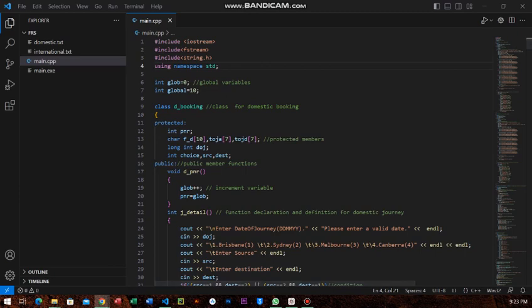Okay, so now we have here class booking as D booking. This is the class for domestic bookings, because our bookings are going to be if you want to book a domestic flight or a private flight. So we've got